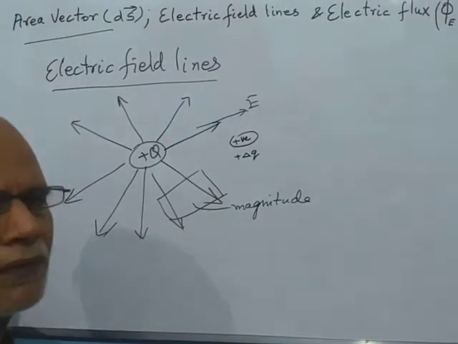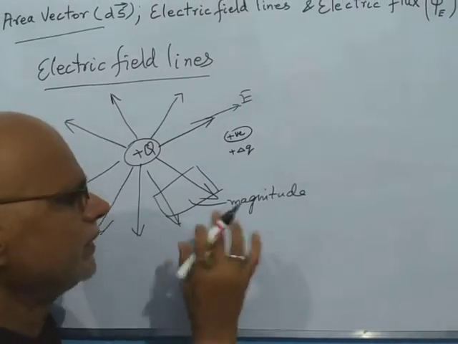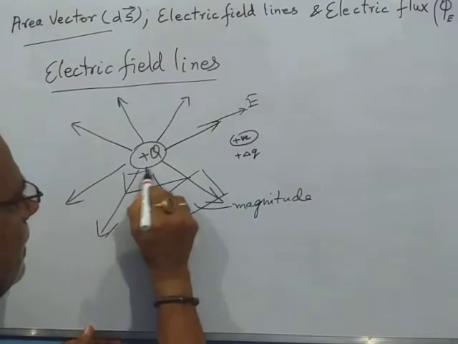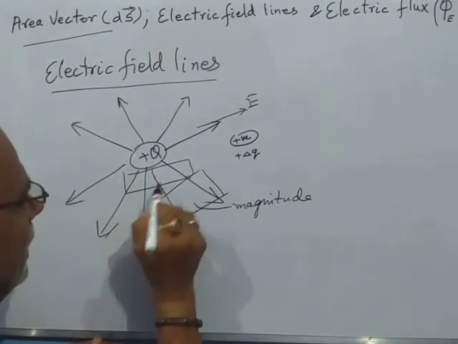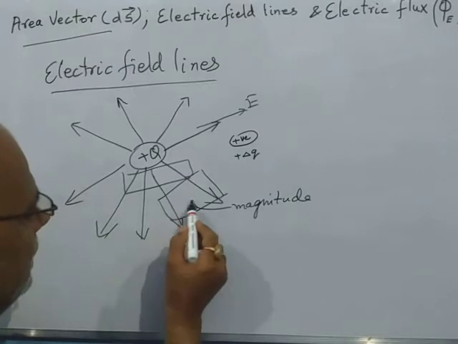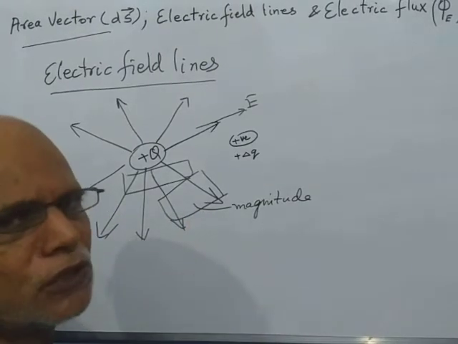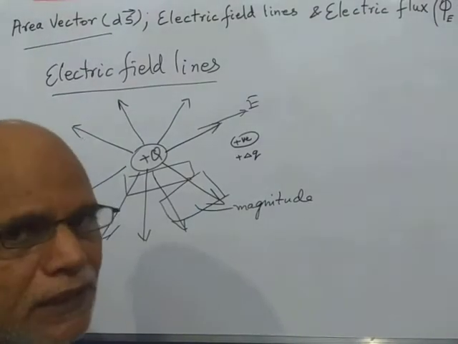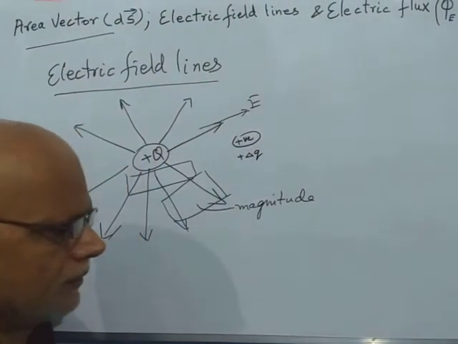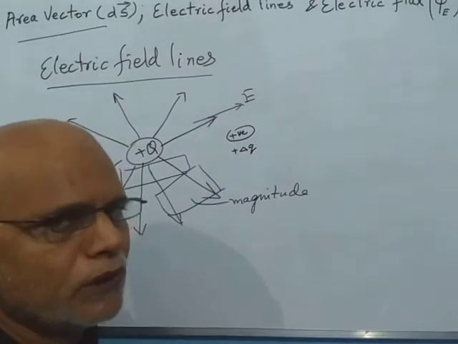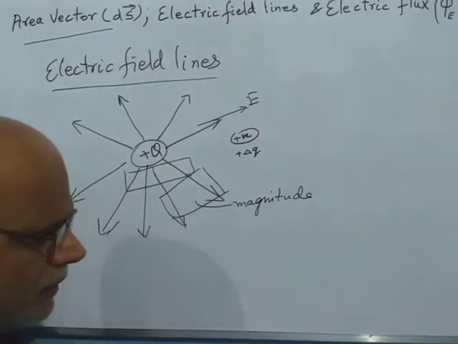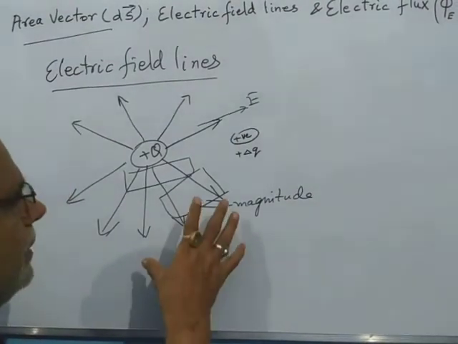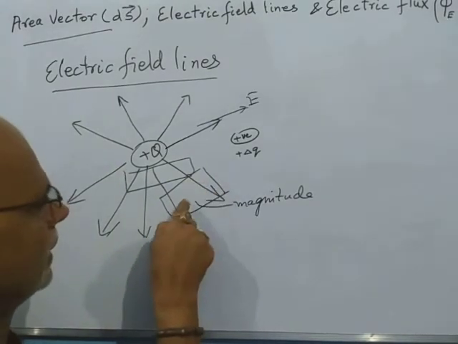It means the more the number of electric field lines per unit area, the greater will be the magnitude. You can see it is visible over here. We take the same area and here you see there are 4 lines passing through it, and we take the same area over here, there we see only 2 lines are passing through it. So that way we define electric field lines. It is an imaginary line, and the tangent to it gives the direction of electric field at that point, and the total number of electric field lines per unit area at a given location gives the magnitude.